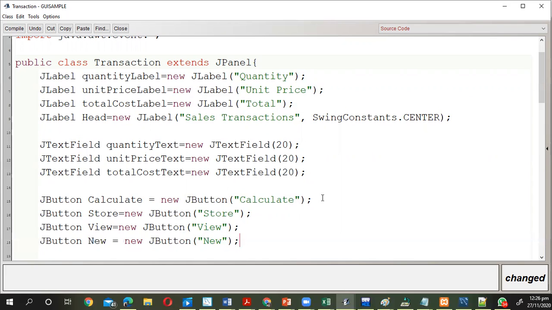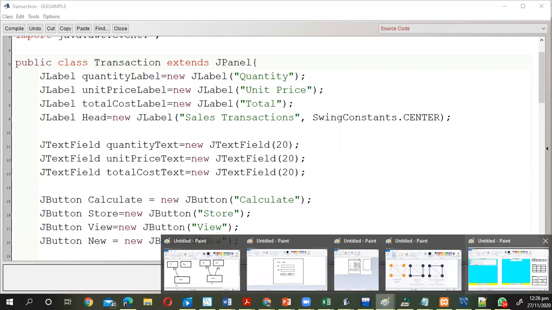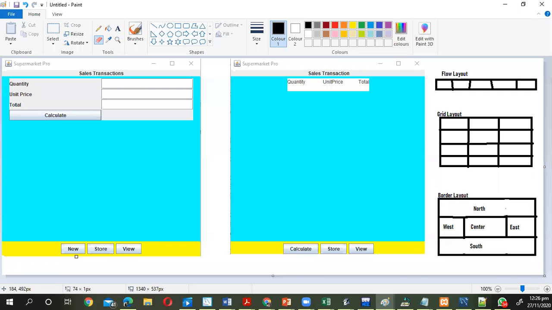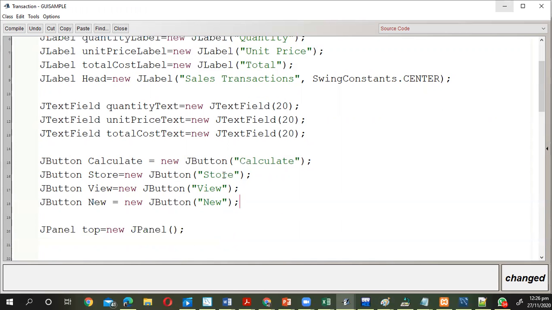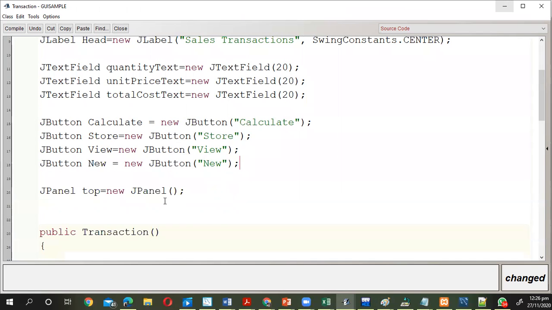All right. So remember, this is what we're trying to create. All right, so we have the new store view and calculate button. So I've created these buttons. All right. Now